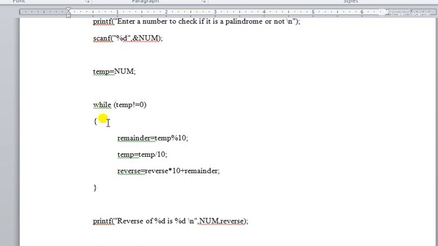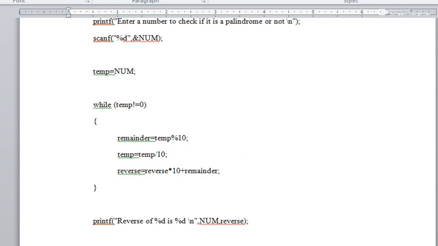If you make any mistake in this expression, then you are not getting a proper output. Okay, temp not equal to 0, remainder is equal to temp modulus 10, and then temp is equal to temp divided by 10, and then reverse is equal to reverse into 10 plus remainder. If you interchange these two, it will also work. But first you have to find the remainder, and then next you perform reverse, and then you can change your temporary variable. If you change these two, not a problem. But first you have to find out the remainder and then the reverse.